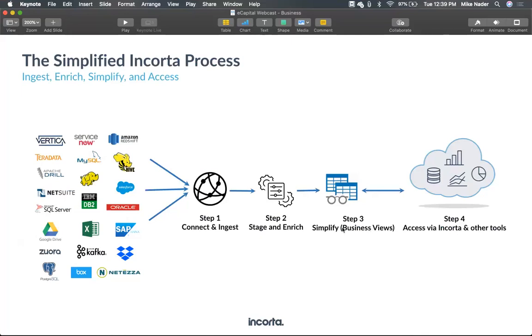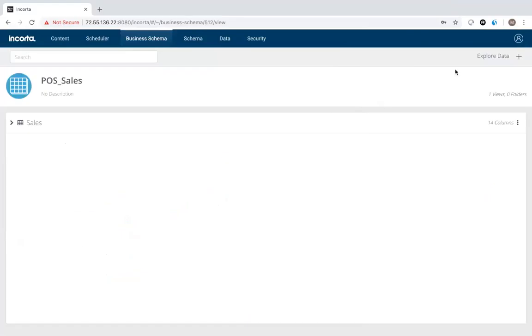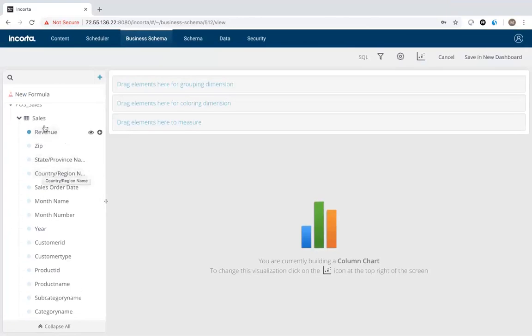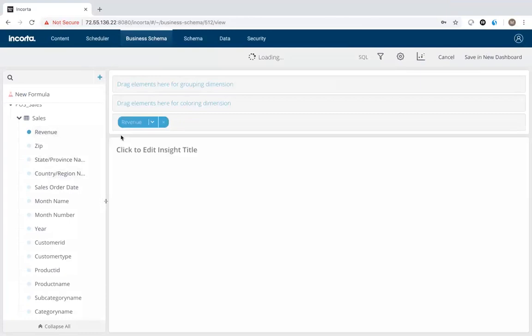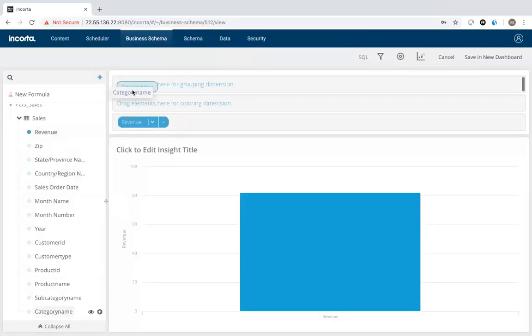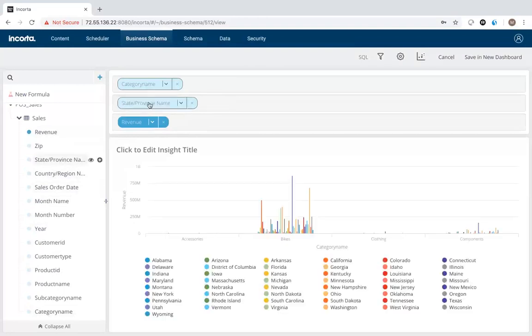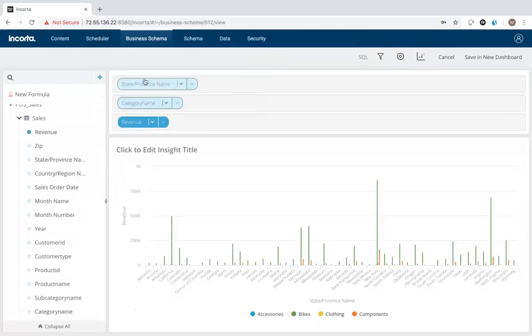But now that I've simplified it, giving you that window into the living room, as it were, now I'm just going to access it. I'm going to go explore data now. Right? This is the same data set. If I look at revenue by category, I get the same breakdown. If I put state in, I'm going to get the same ugliness I got before. I can swap it around to make it simple again. There's my breakdown by category and state. So there's revenue.